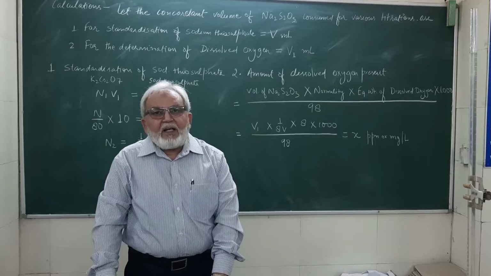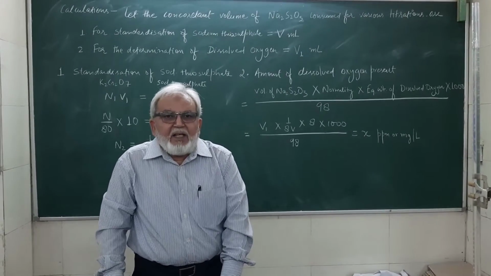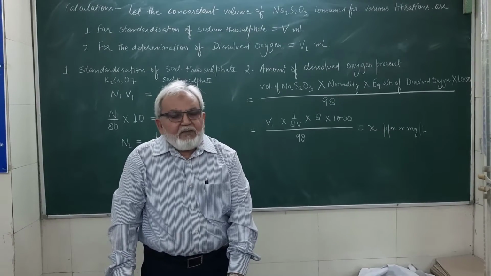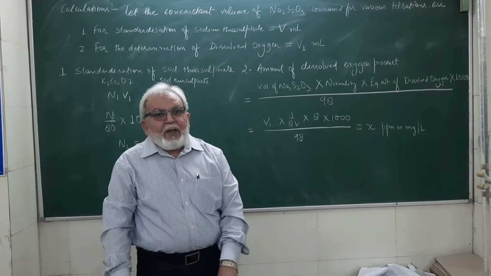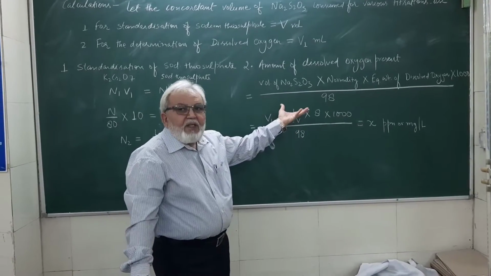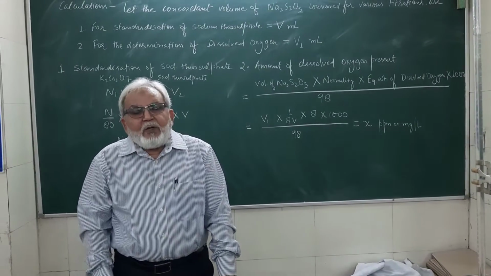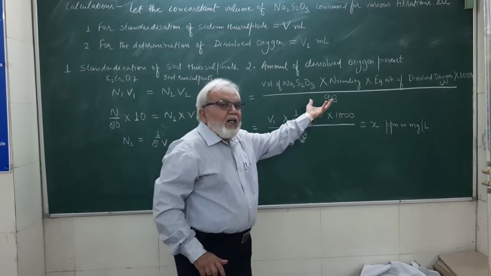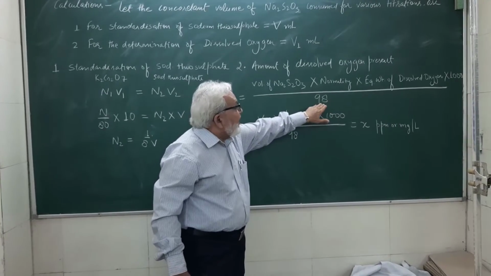Though we have taken 100 ml of the solution into the conical flask, initially we removed 5 ml of the water sample from the bottle, and it was made up by adding 2.5 ml of alkaline iodide azide and 2.5 ml of manganese sulfate. So in place of taking 100 ml water, we have considered it as 98.